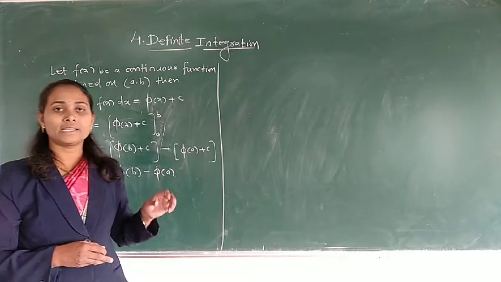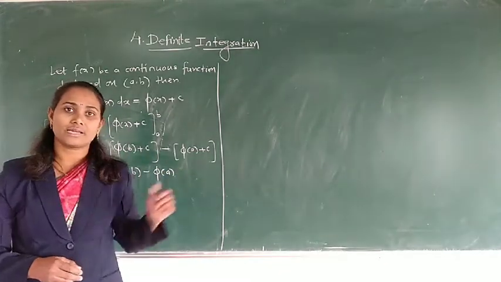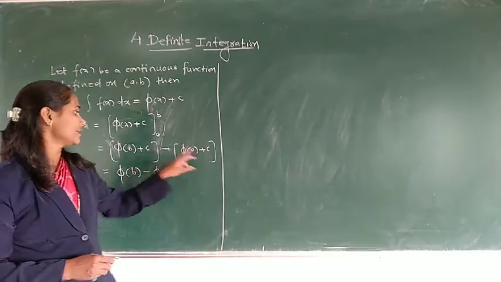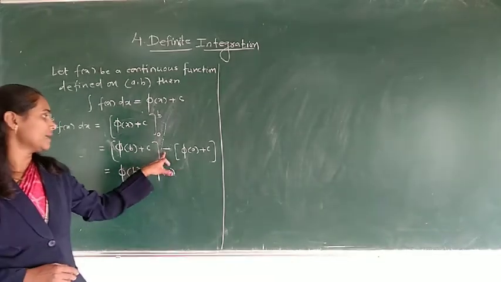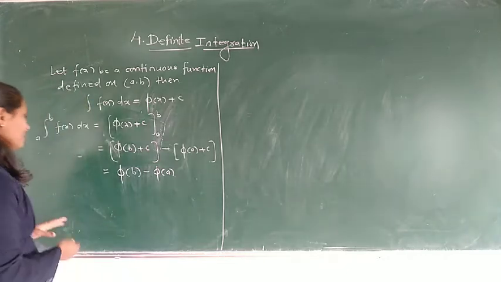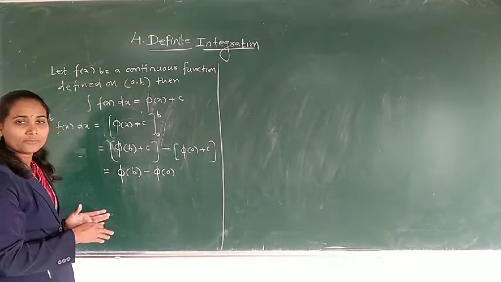So while finding the integration using limits, don't write the constant of integration, because the constant gets eliminated. See here, plus c and here it becomes minus c, that means the constant is eliminated. And we get the integration phi of b minus phi of a. Here